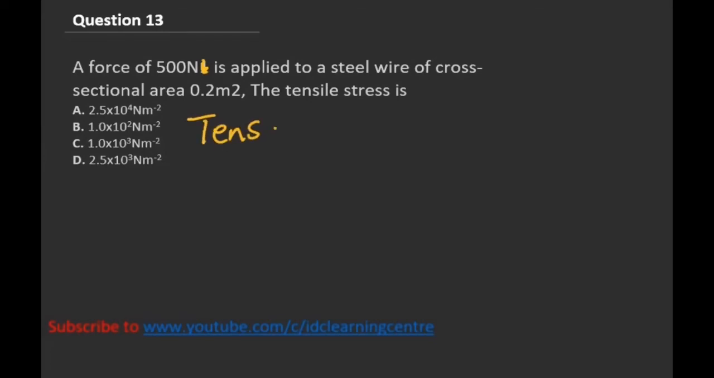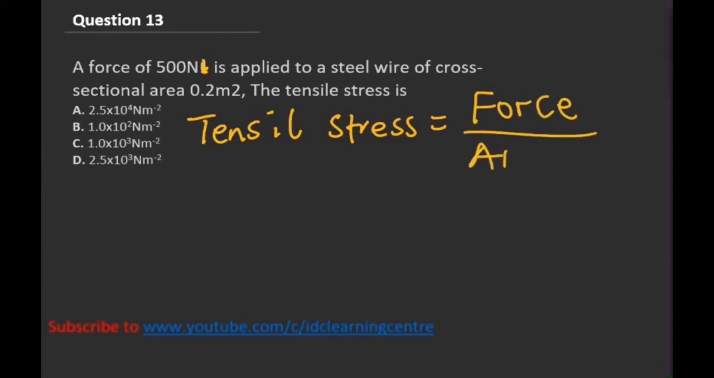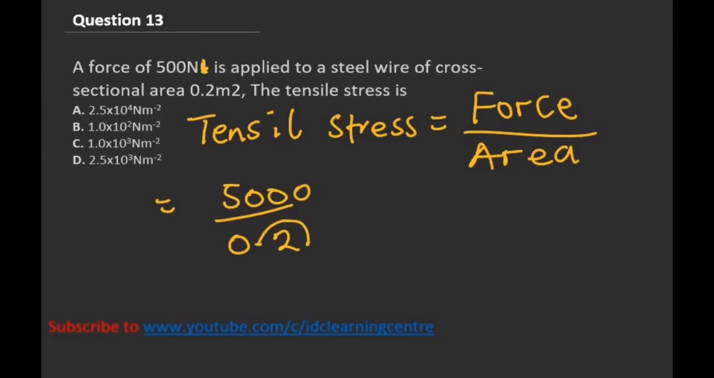Tensile stress equal to force divided by area. Force has been given as 500 Newton. The area is 0.2. Make the denominator a whole number, move the decimal once and add 0. So we now have 5,000 divided by 2. Or you can punch it straight into your calculator, it's same thing. The answer will be